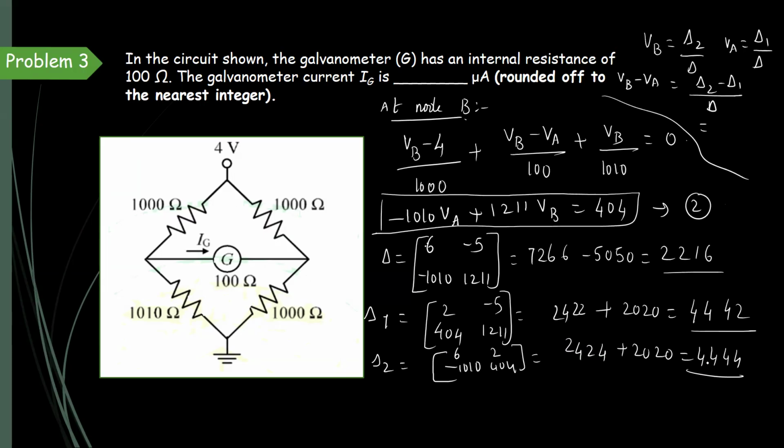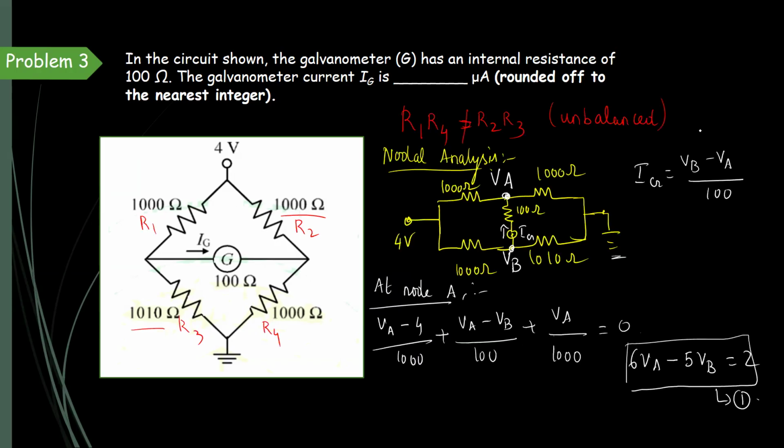Delta 2 is 4444 and delta 1 is 4442, so 2 is the difference. So 2 by 2216. Therefore IG equals 2 by 2216